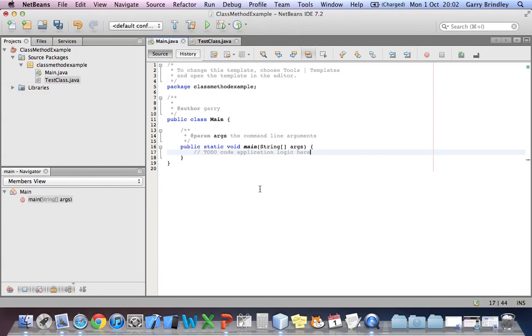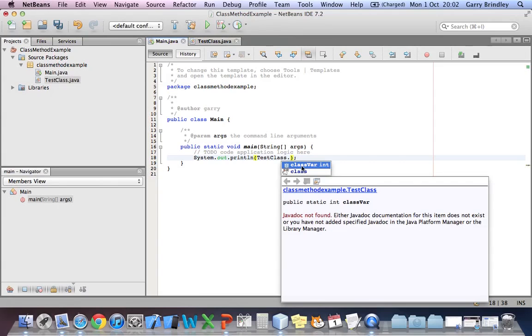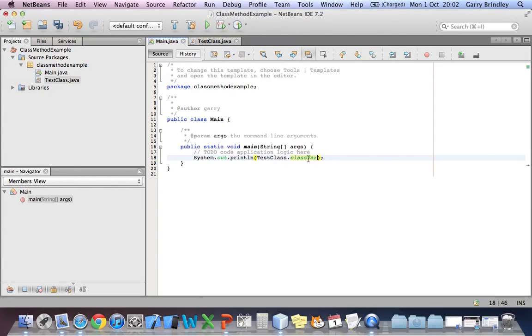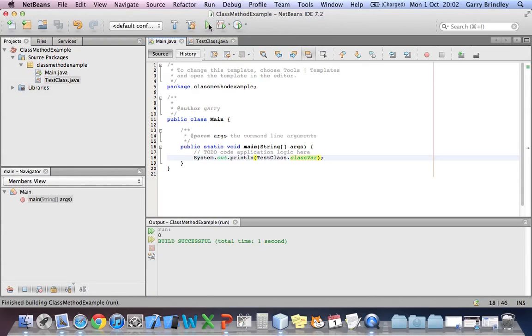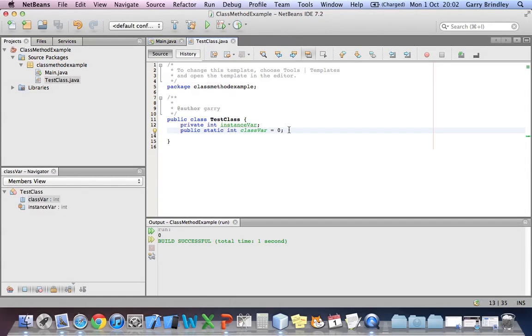Now if I go back to the main method, if I use the class name, I can already get or access the class variable. And if I run that, it should come up with 0. So that's accessing the variable through the test class. What else I can do is I can create, let's create a